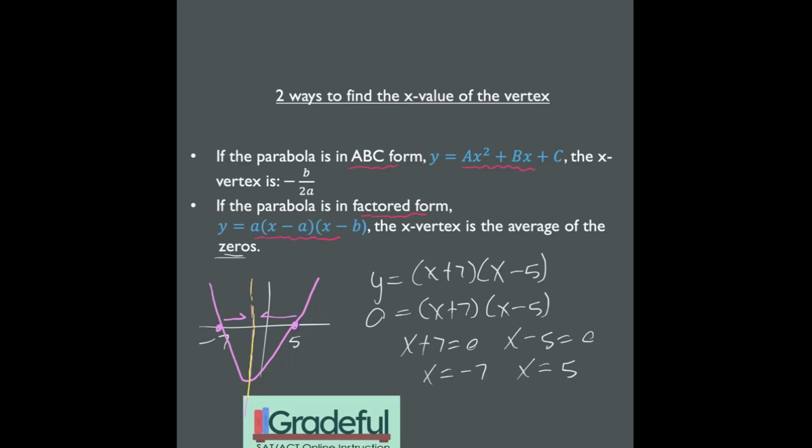The SAT kind of loves that idea, because on a harder question, you're told that we have some parabola, and for that parabola, we know that the height at 2 different points is equal. So let's just imagine that we have an equal height when x equals 5 and x equals 10. A fancy way to say that would be f of 5 equals f of 10 for some parabola. Well, knowing almost nothing else about the parabola, we know that the x value of the vertex